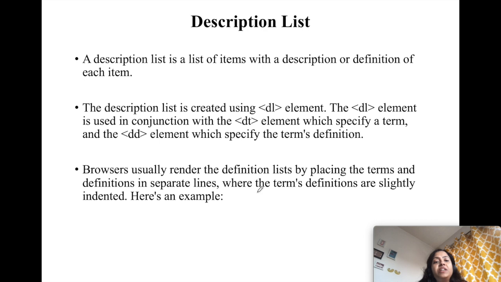The last type of list is a description list. A description list is a list of items with a description or definition of each item. The description list is created using the DL element. The DL element is used in conjunction with the DT element, which specifies a term, and the DD element, which specifies the term's definition. Browsers usually render definition lists by placing the terms and definitions on separate lines, where the term definitions are slightly indented. For example,